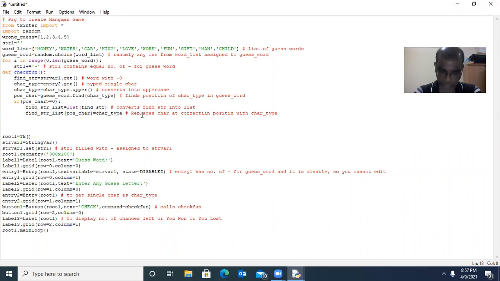Good. Now we need str var 1 dot set, dot join. Join is one method which joins all the elements of a list. Find str dot list.